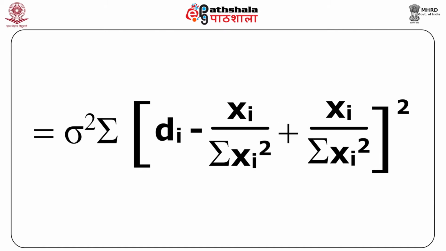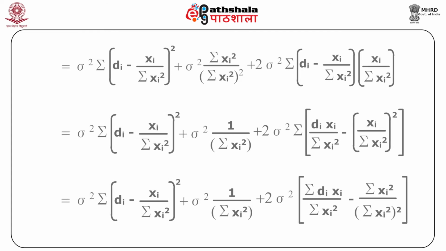This is equal to sigma square summation di minus xi divided by summation xi square plus xi divided by summation xi square whole square. Adding and subtracting the same term, we get sigma square summation di minus xi divided by summation